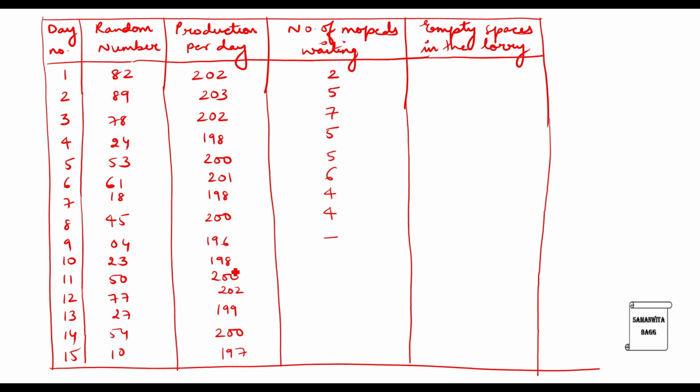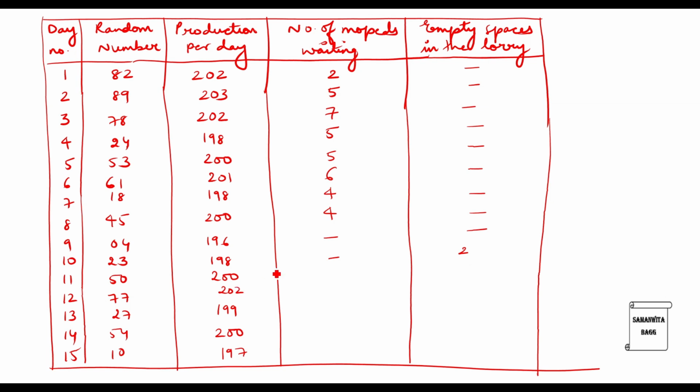Now you have 198 mopeds made, 200 mopeds can go at a time. So 2 spaces will remain empty because we do not have 2 more mopeds. Nothing is there in waiting also. So your number of mopeds waiting is none, but the lorry space correspondingly will become 2. Till now it was just 0, because mopeds were already waiting. How do you expect space to be in the lorry? So 2 spaces in the lorry remain unoccupied.